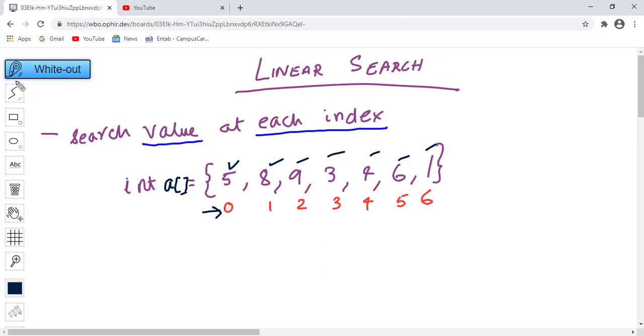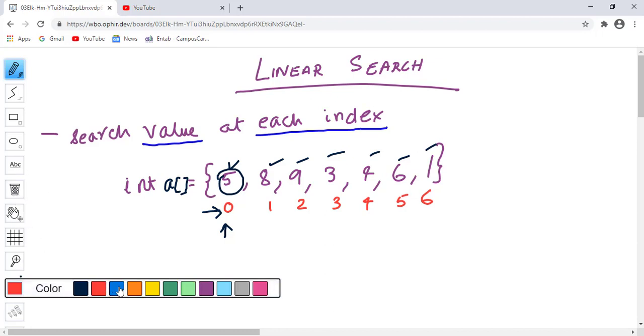Now if I tell you to find out whether 4 exists in this array A, you'll start at index 0 and compare the value present here, that is 5, with 4. Is it equal? It's not equal. That means 4 is not here.